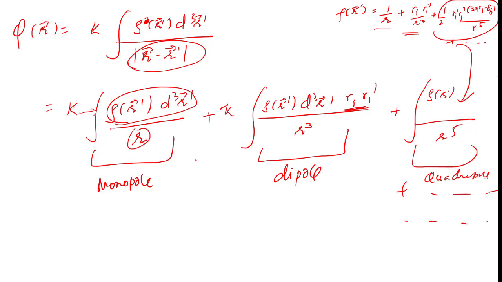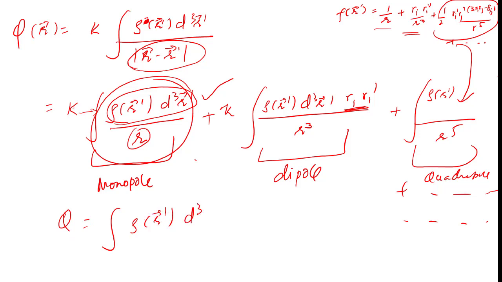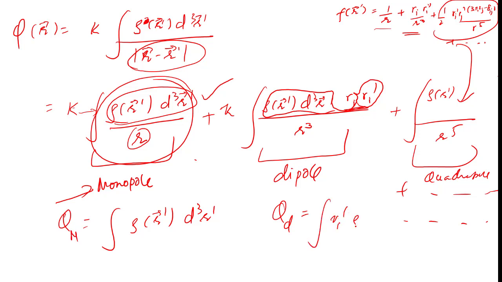Or we can think of this as a total charge, right? If you look at this integral, we can think of this q, rho of r prime, d cube r prime, as the total charge enclosed, right? So we call this a monopole. Similarly, we can define a dipole moment. A dipole moment we can define from here by combining all the r prime terms. So I'm combining all the r prime terms. So then I would have the dipole, this is monopole, as ri prime, rho of r prime, d cube r prime. Similarly, I can define